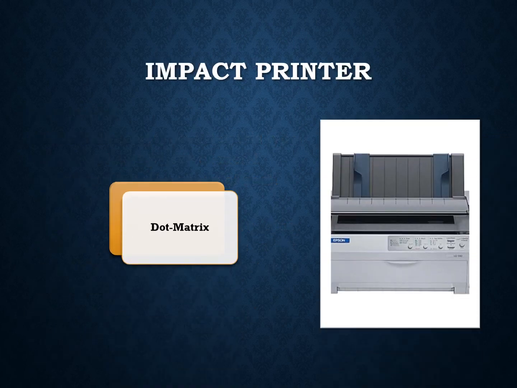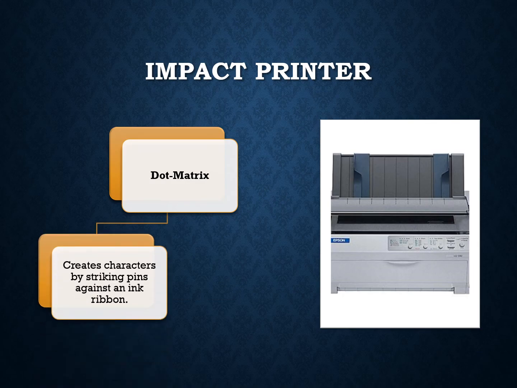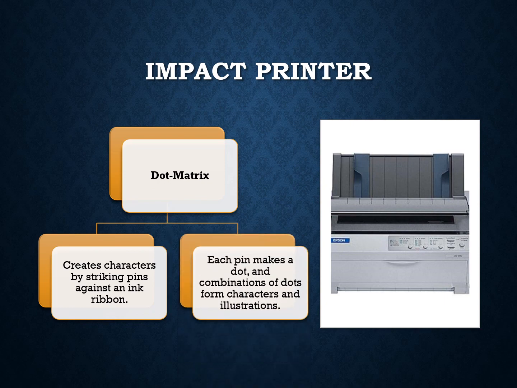The next type is dot matrix. Dot matrix impact printers create characters by striking pins against an ink ribbon. Each pin makes a dot and combination of dots form characters and